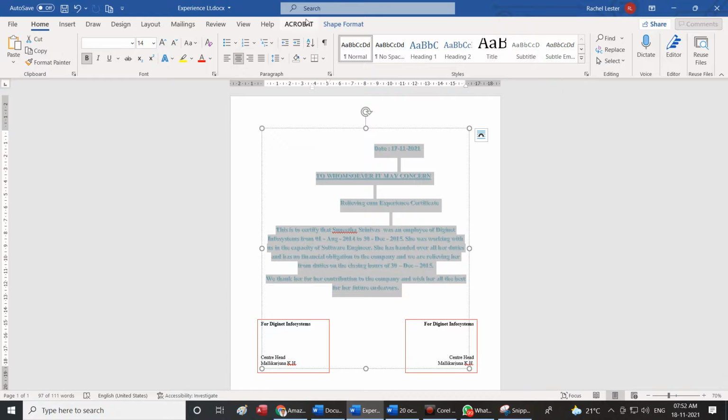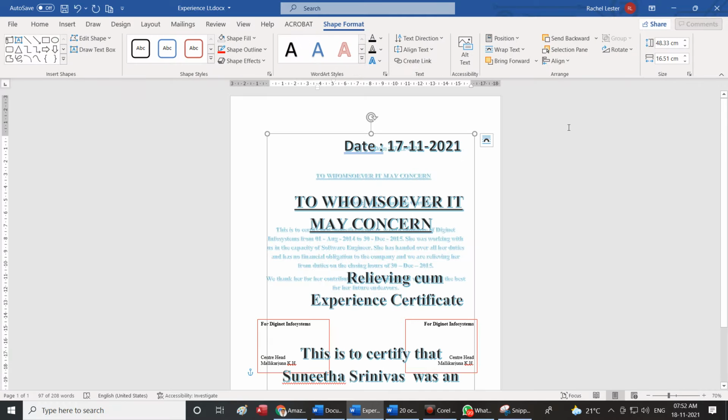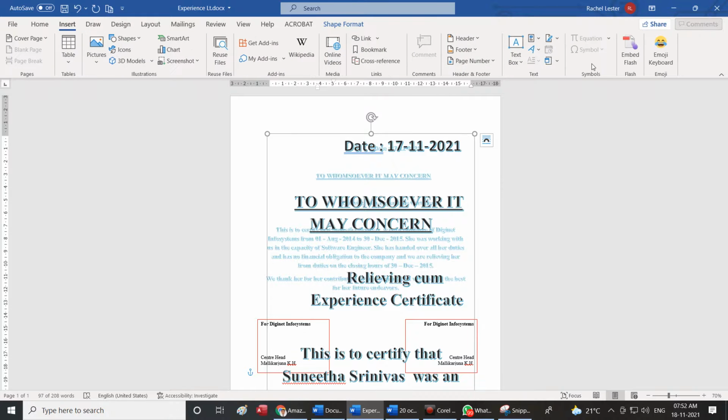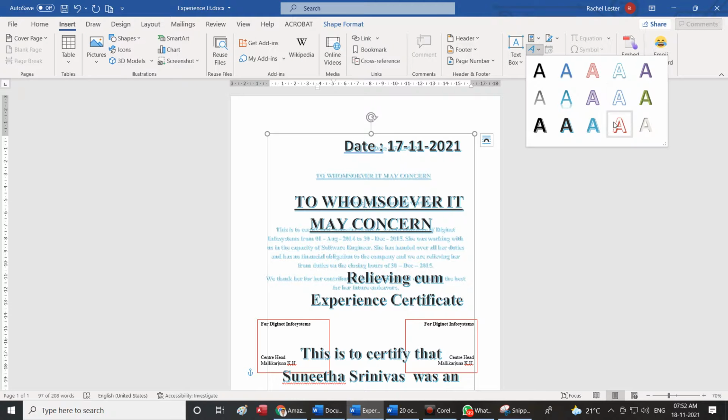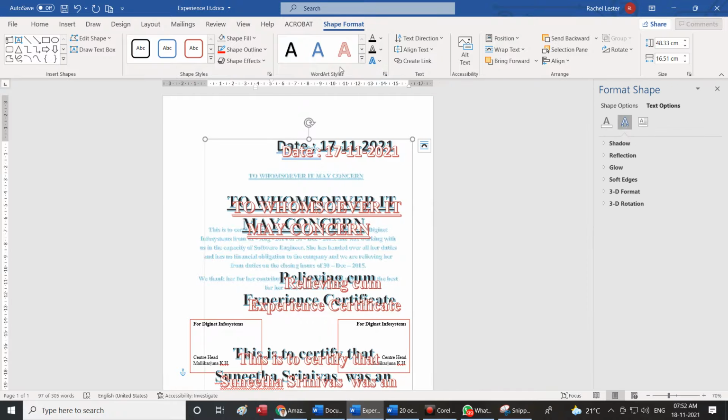Now here when I come to insert, when I go to word art, I can use this kind of a font, or again in insert, I could use various fonts, word art, and I can use this. The moment I use this word art style, you will get into shape format, and the same options you will start seeing here also.